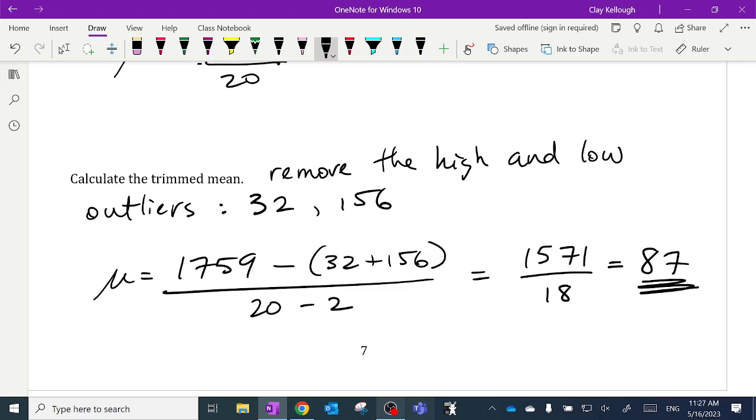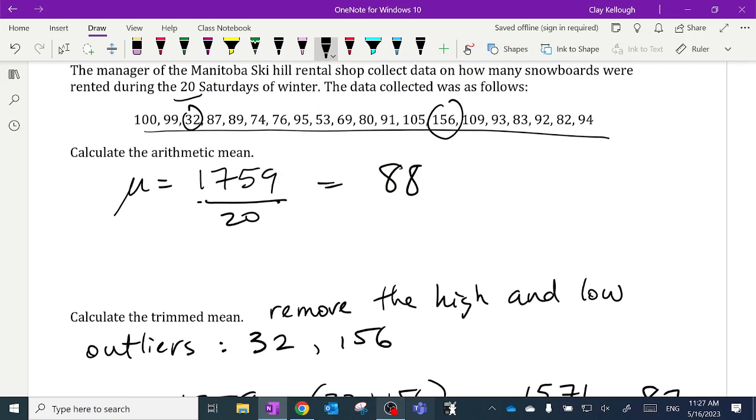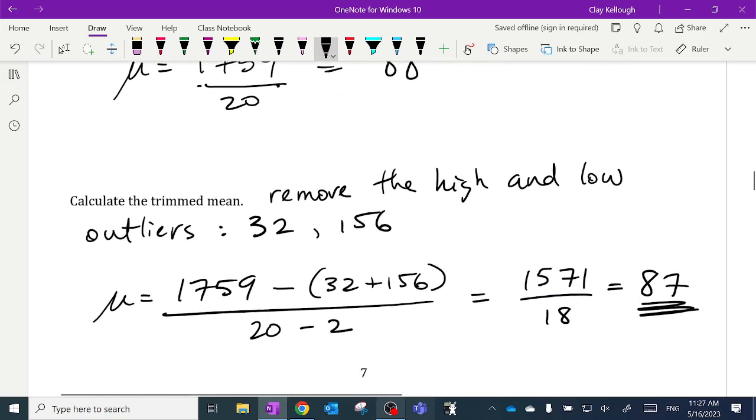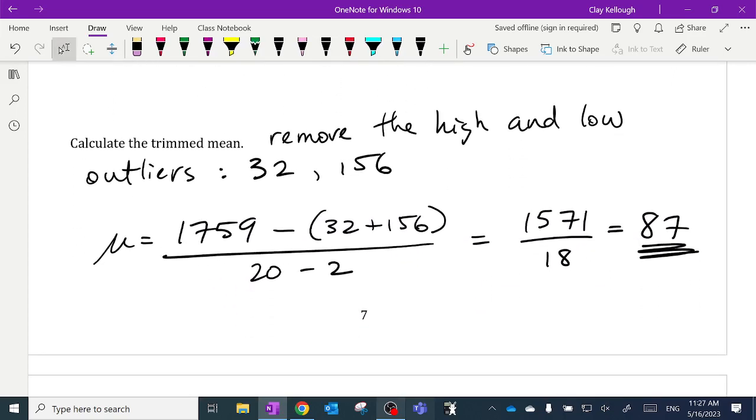And notice that didn't make too much of a difference to the mean. How come it didn't make as much of a difference this time as it did in the last example where I had to throw out the super tall guy? Well, notice that one of the outliers was small, one was large, so they kind of balanced in the way they affected the data. If you have two outliers that are both way larger, throw those two out. You don't have to pick one from each end. But in this case, I threw out those two, and that's my new mean.